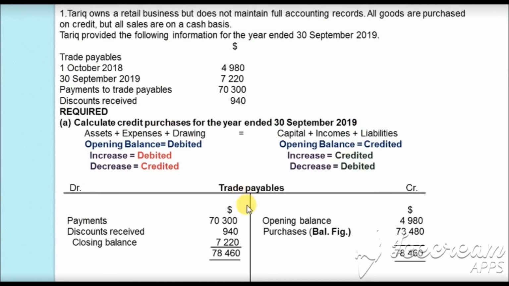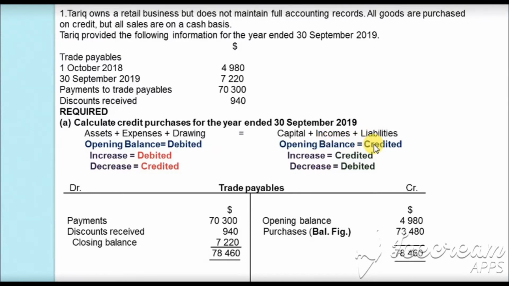For credit purchases, we will make the trade payable account. As I have mentioned in my previous videos, we are going to make most of the ledger accounts as well as the journal entries on the basis of the modified accounting equation which we did in the previous video: assets plus expense plus drawing equals capital plus income plus liability. On the left hand side of the equation, we have assets, expense and drawing. So for these accounts, the opening balances will be debited, increase will be debited and decrease will be credited. Whatever is there on the right hand side of the equation, that is capital, income and liabilities, will have the